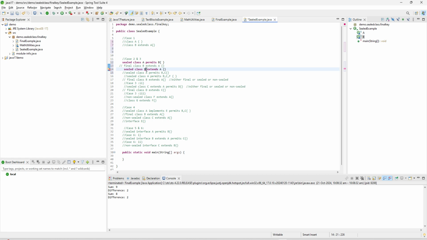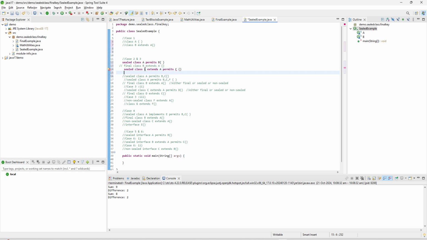Sealed class B extends A, and as we are using the sealed keyword, we can say permits, and here we need to define what other classes we are going to allow to extend this B class. Okay, so we have mentioned the C class. Now let us do one thing, we can make C class as a final,